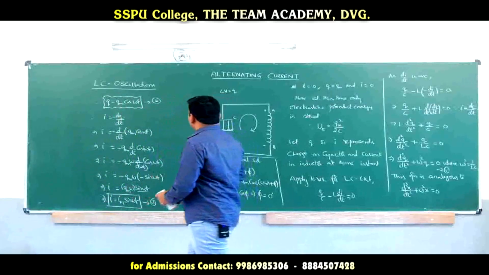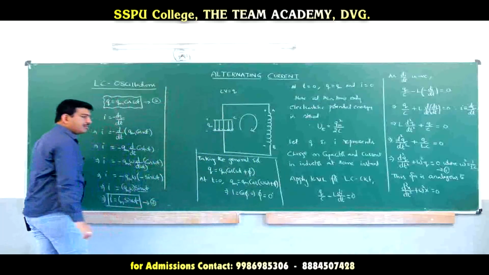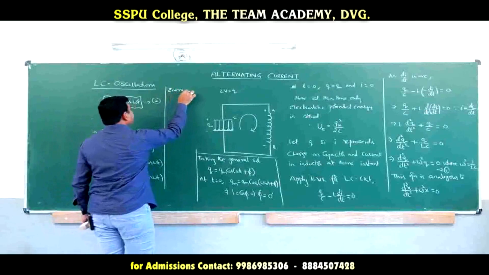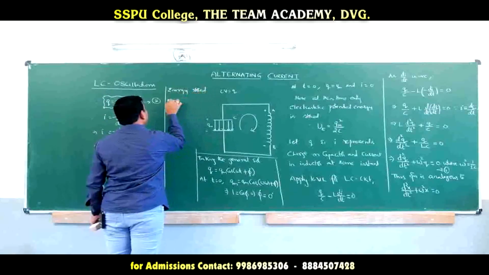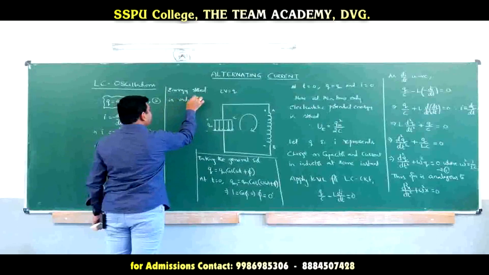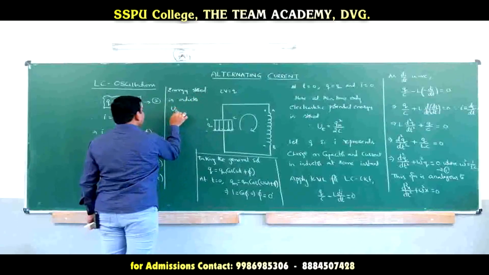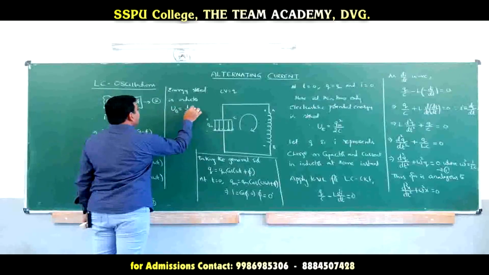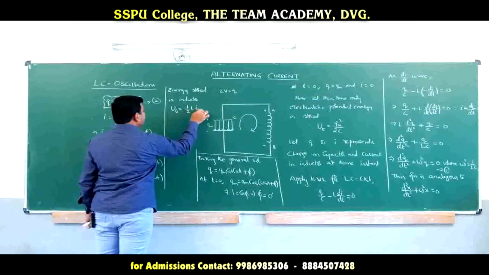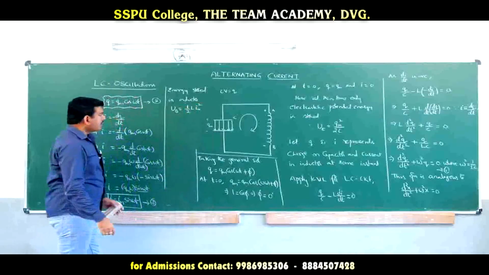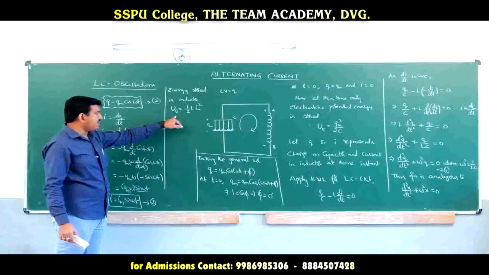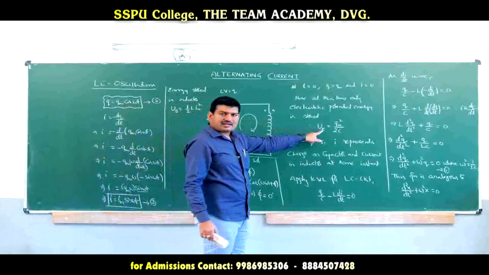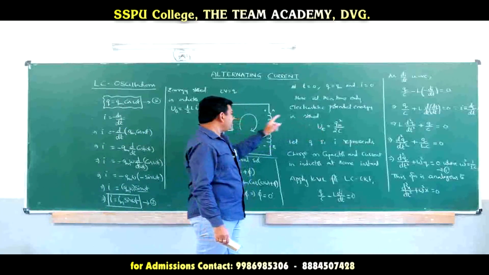So, from these two, what we already know is that inside an inductor there will be magnetic energy. Energy stored in inductor is given by which formula? Magnetic energy will be stored inside the inductor, therefore UB is equal to half L Im square. This is the maximum value of magnetic energy possible when the charge in the capacitor is 0, and this is the maximum value of electrostatic energy possible when current is 0.